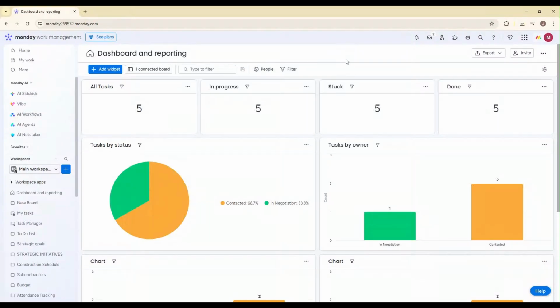In today's video, I'm going to show you exactly how to import a Trello board into Monday.com step by step. If you're moving your projects from Trello to Monday, or just testing out Monday.com for better workflows, this process is quick and straightforward. The best part is that Monday automatically converts your lists, cards, labels, and members, so you don't have to rebuild everything from scratch. I'll walk you through the entire process from start to finish, so you can migrate your board smoothly without losing